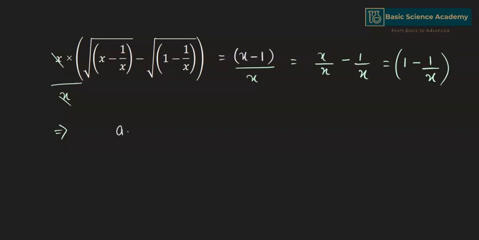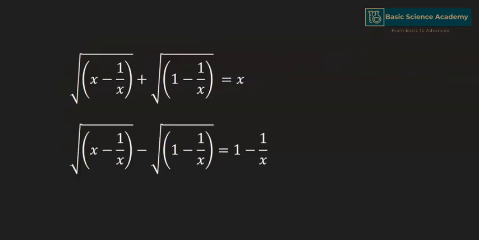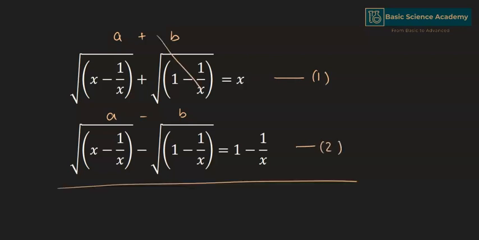Hence, a minus b is equal to 1 minus 1 divided by x. Now we have a plus b equals x and a minus b equals 1 minus 1 divided by